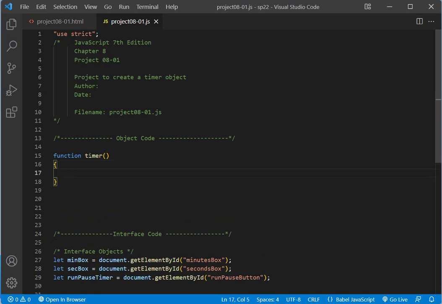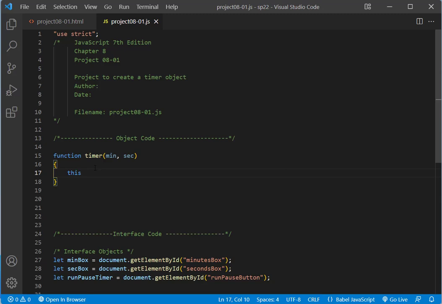Now if you read more on step number 3 on page 355, you will see that this function will have two parameters. One is minutes, and let me just use lowercase here. One is minutes, and the second parameter is seconds. And the main job of this function is to set certain default values to these parameters and arguments. So we're going to change the timer,